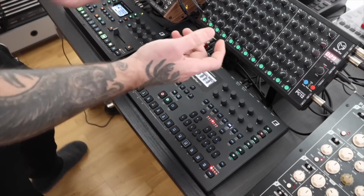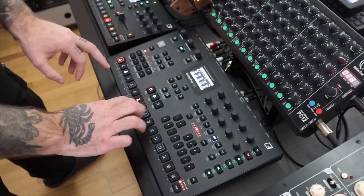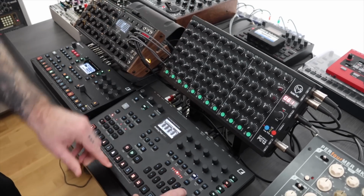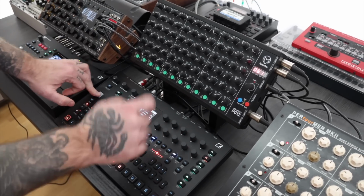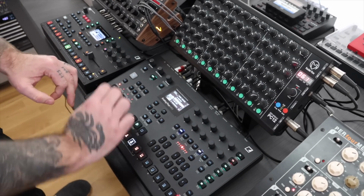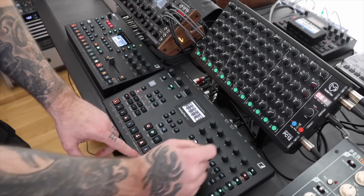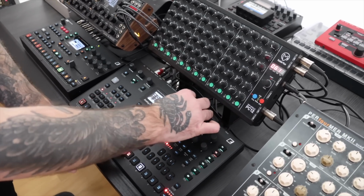Also, to show that I'm very fast in trying to figure it out, I would start doing these, and then I can quantize the scale in minor, of course, C minor always, and I can do it just by rotating these. I can change the